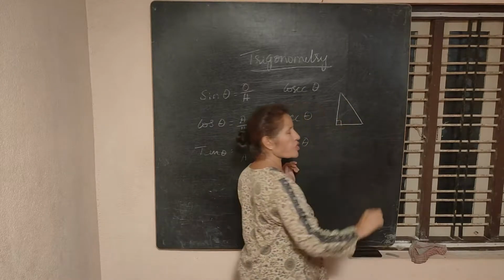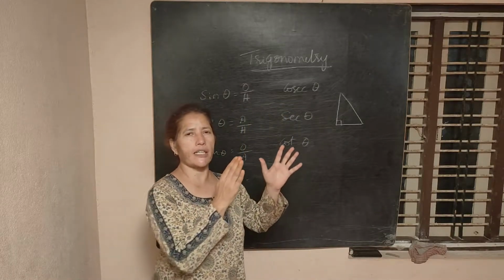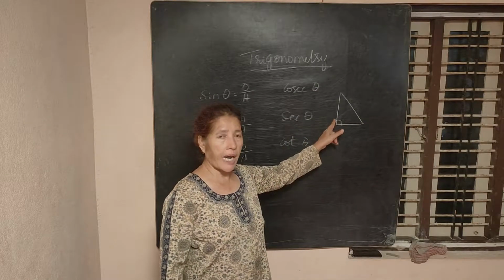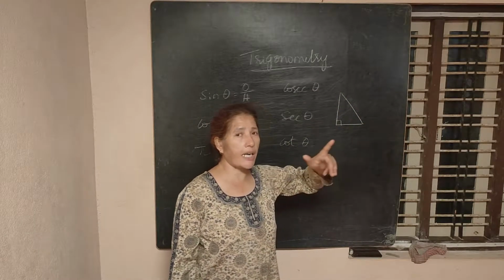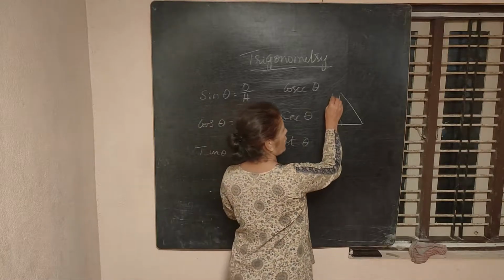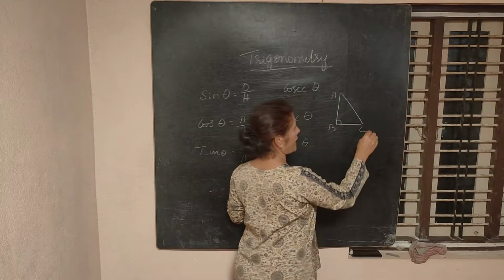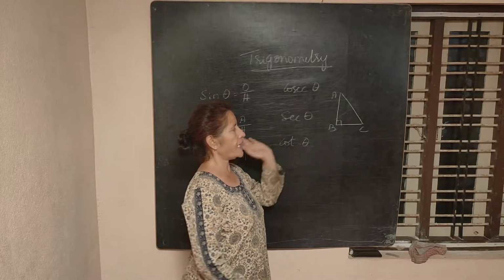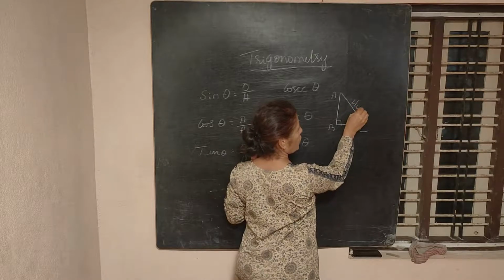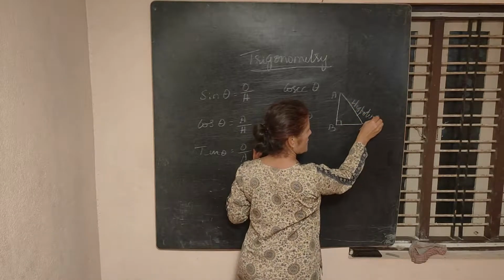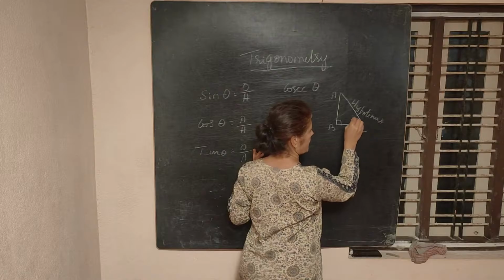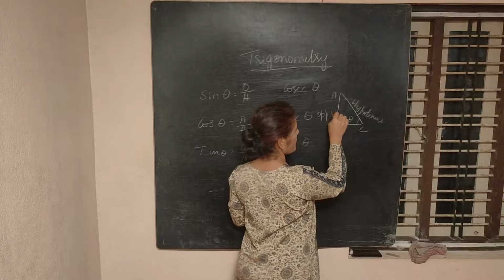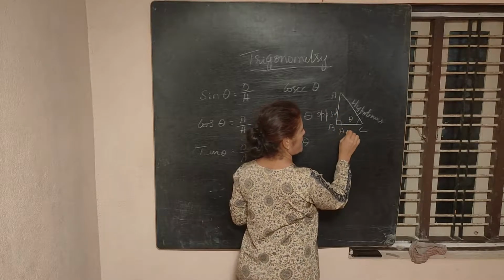Whenever I deal with trigonometry, first I have to be ready with a right angled triangle. In a right angled triangle, one angle is 90. And what is the side opposite to 90 degrees called? Hypotenuse. So, in right angled triangle ABC, angle B is equal to 90 degrees. Then the hypotenuse is AC. Suppose I take C as theta, then AB is the opposite side and BC is called the adjacent side.